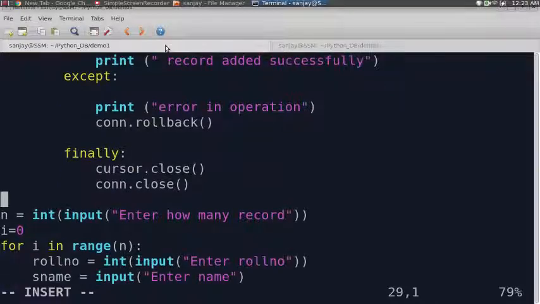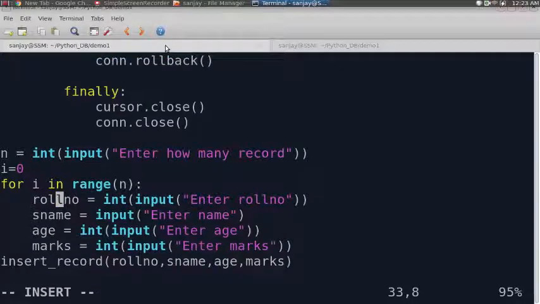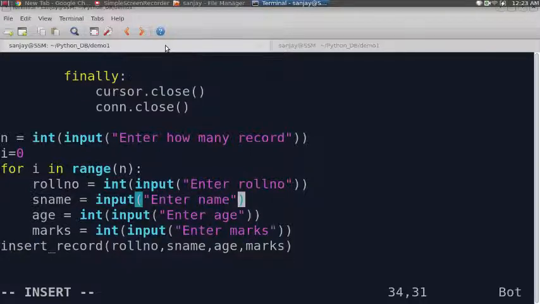Now if I want to take input from the user, I will use the input function, and if I want to take the user input in the form of an integer, then I will add int. Then for the roll number, it is an integer, that's why int is written.